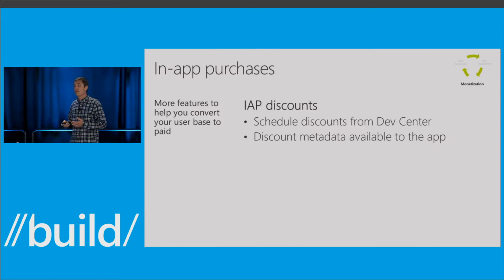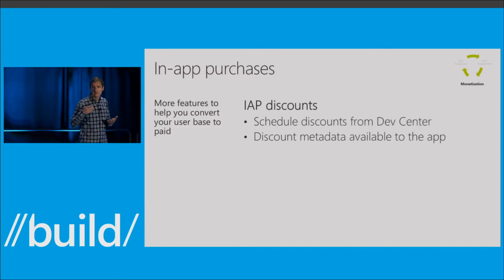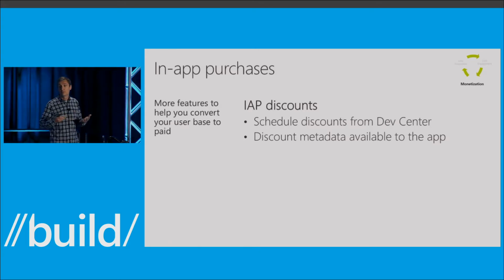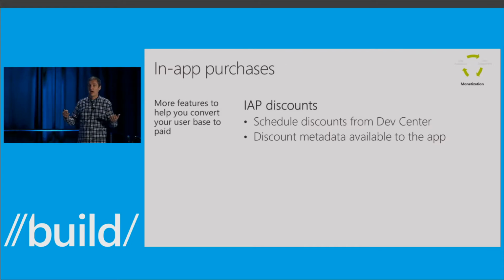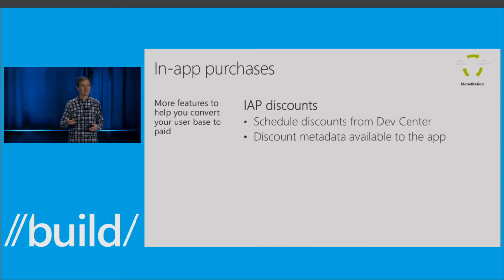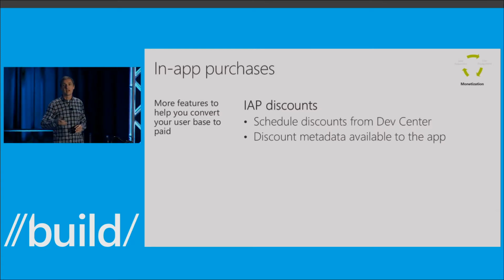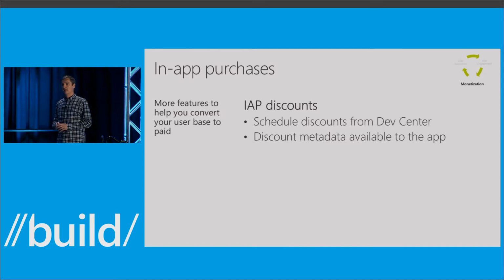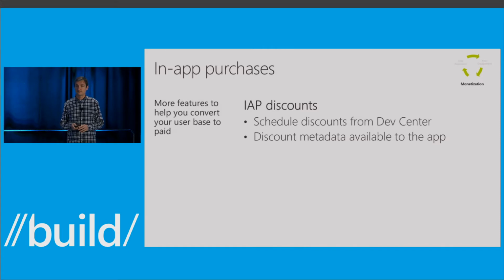Your app will then have access to this information as you query for the list of IAP items to display to the user. You'll be able to see which items are currently on sale, and then your app can render the appropriate UI to highlight these discounts to the users and render the appropriate strike-through and mention that this item, just for today, it's 99 cents instead of the usual $4.99 or whatever it is. This will hopefully help you improve that conversion rate with users.